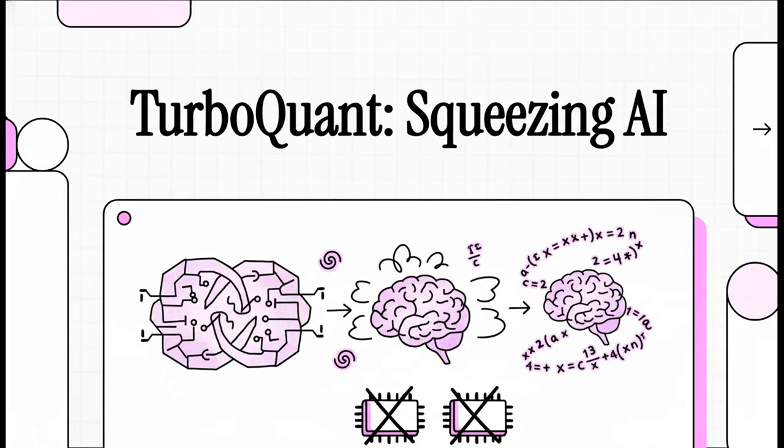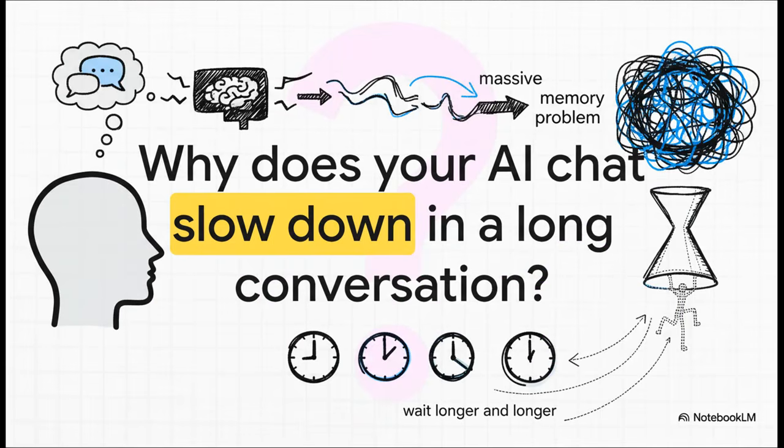Well, it starts with a problem that you've probably felt yourself. You know that feeling, right? You're deep into a really complex chat with an AI, things are going great, and then it just starts to lag. You're waiting longer and longer for every single new word. Well, that frustrating little pause, that isn't just you. It's actually a symptom of a massive memory problem happening under the hood of pretty much every large language model